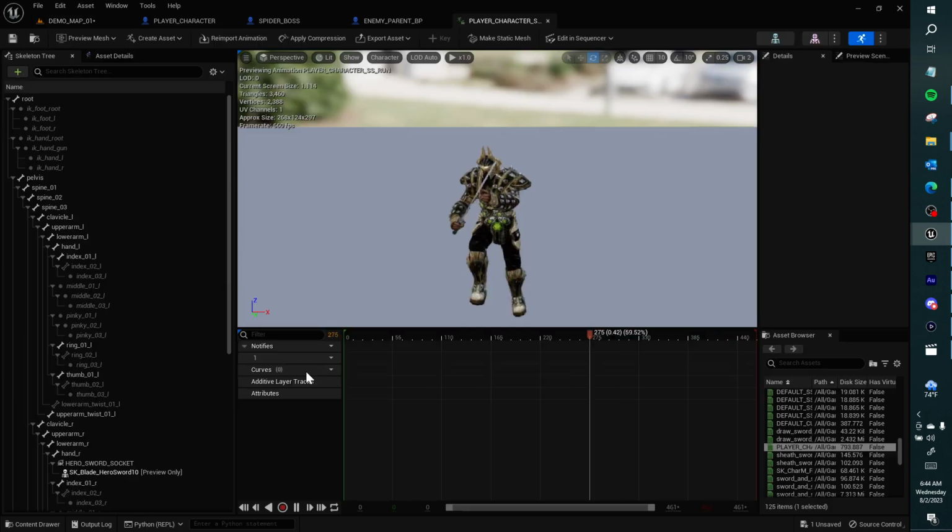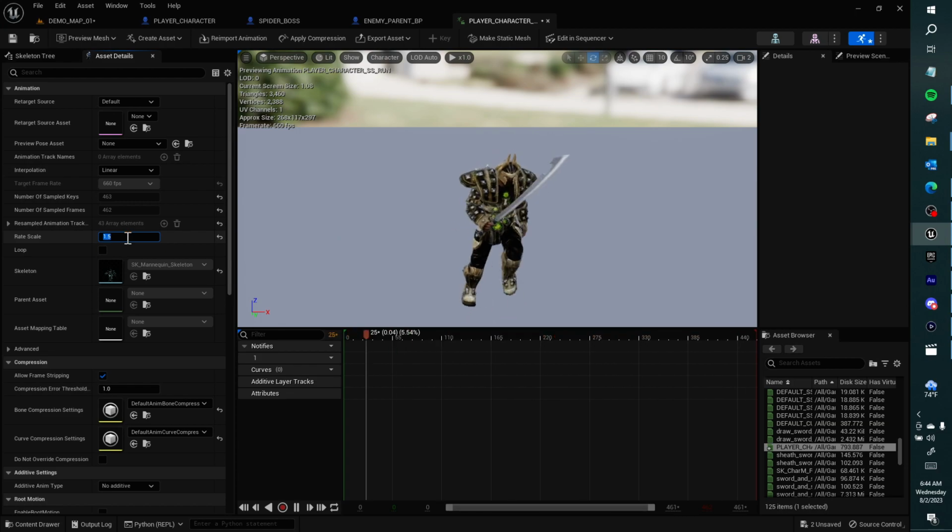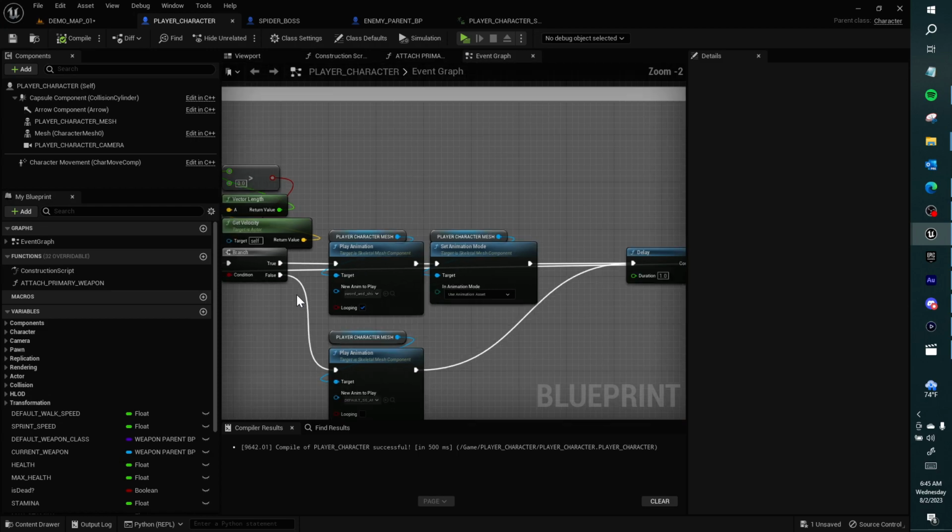I'm going to go into this animation. I'm going to go to asset details. I want to go to rate scale and just make it 2. That's too fast. 1.5. Okay. We go to player character where we have